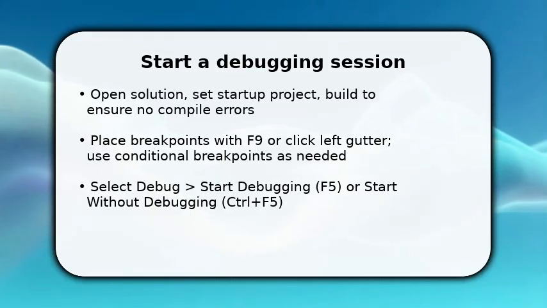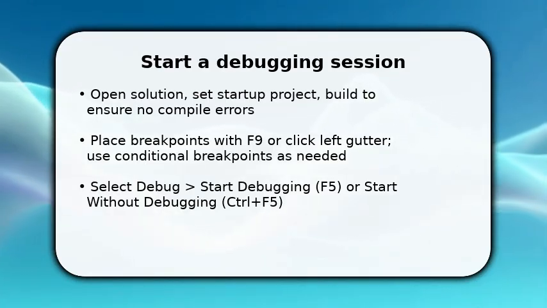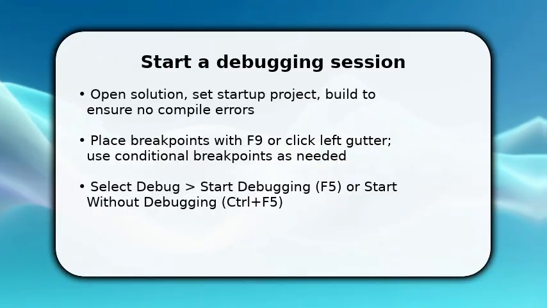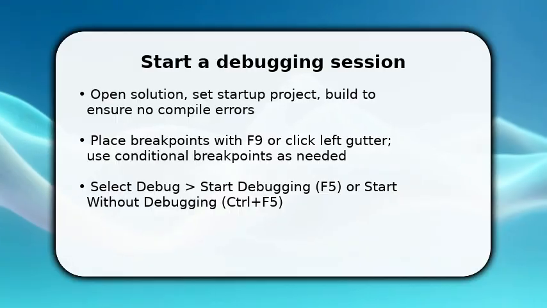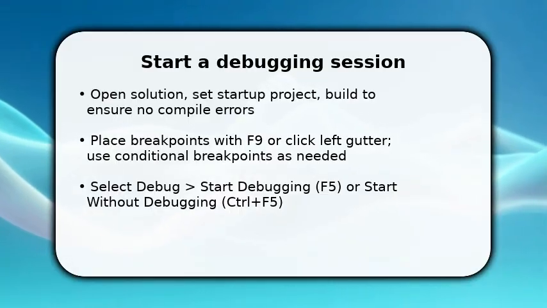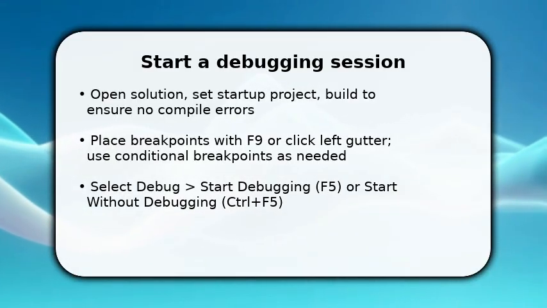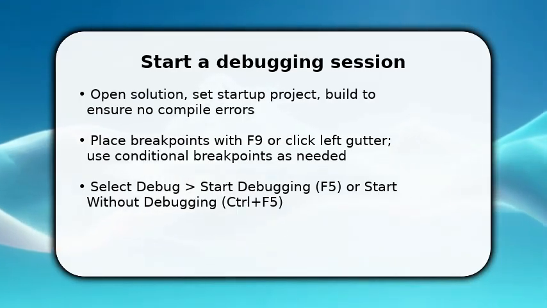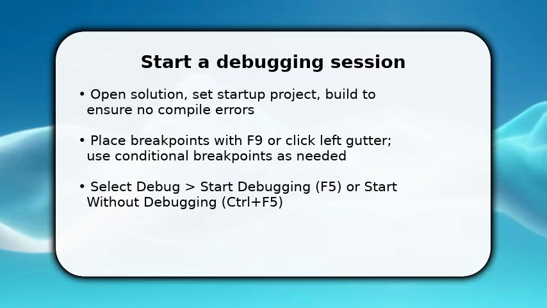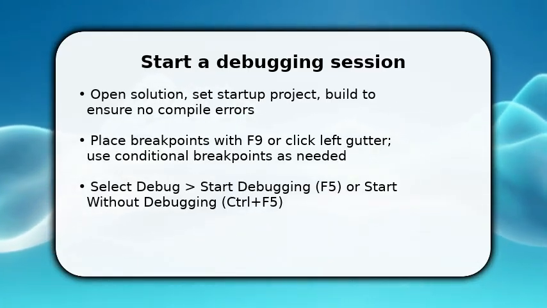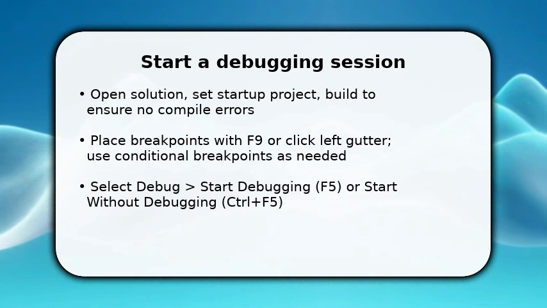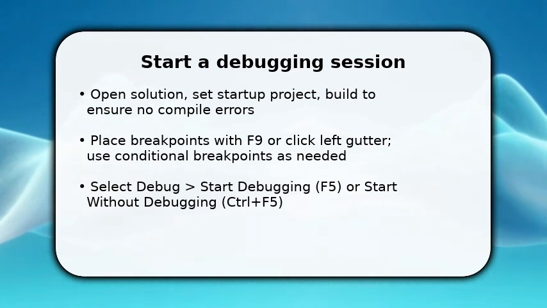You begin by building the solution so runtime symbols are available. Make sure PDBs generate. Then set breakpoints where you want execution to pause, click the gutter, or press F9. Once done, choose Start Debugging with F5 to run under the debugger, or Control plus F5 to run without attaching. Use the Startup Project selector if multiple projects exist. This ensures code, symbols, and the correct entry project align so the debugger stops where you expect, and you can